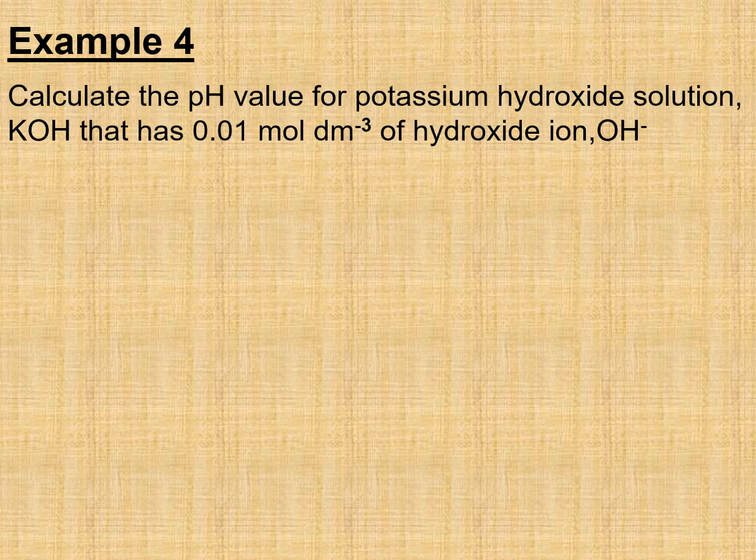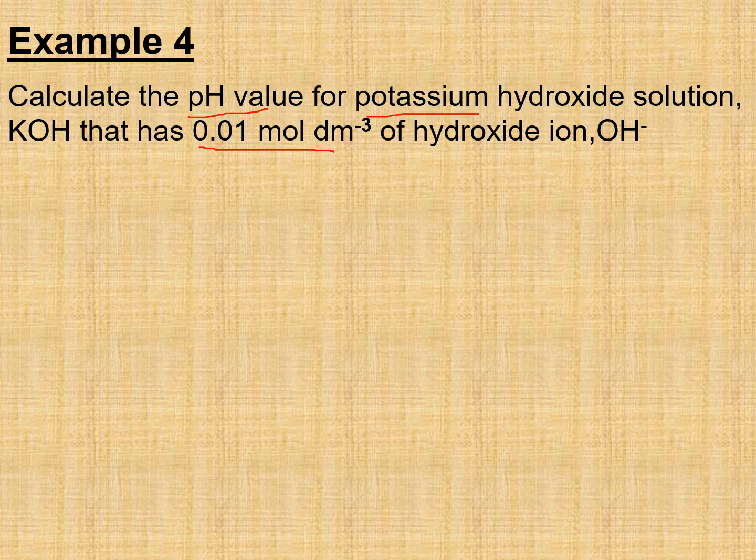Now we go to example 4. This question asks you to calculate the pH value for potassium hydroxide solution. And given to you is 0.01 mole per dm cube, which is the concentration of potassium hydroxide. So I can see here there are two-step calculations in this question. First, you have to calculate the pOH, and after you get the pOH value, you minus pOH value from 14, then you will get the pH value. Okay, let us see how